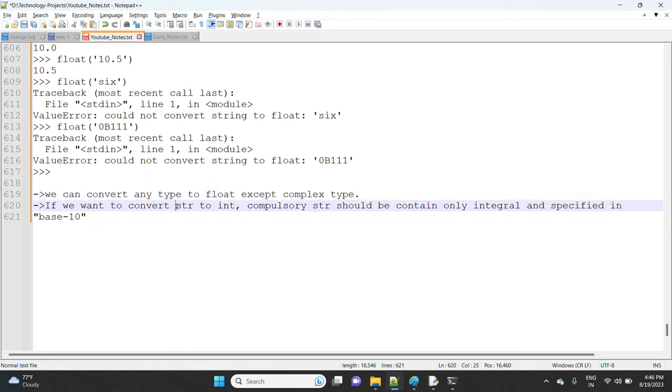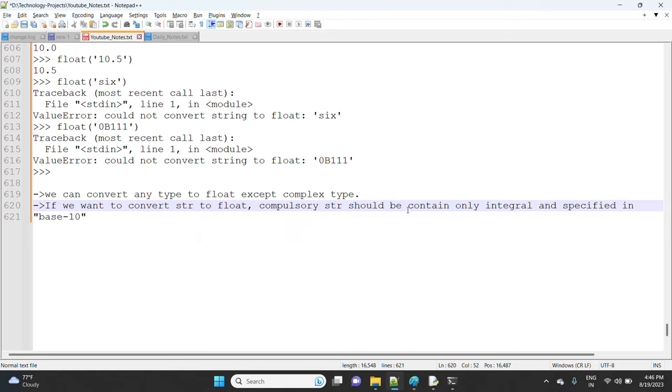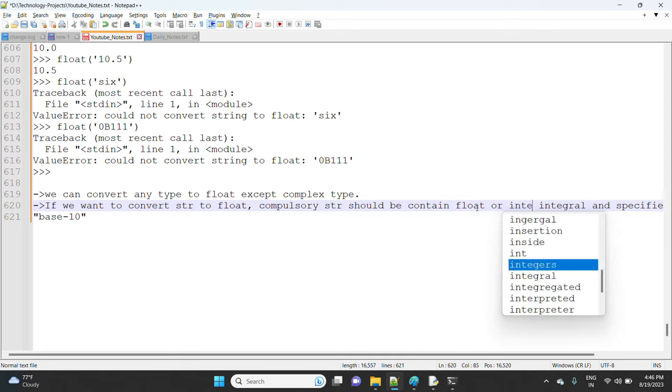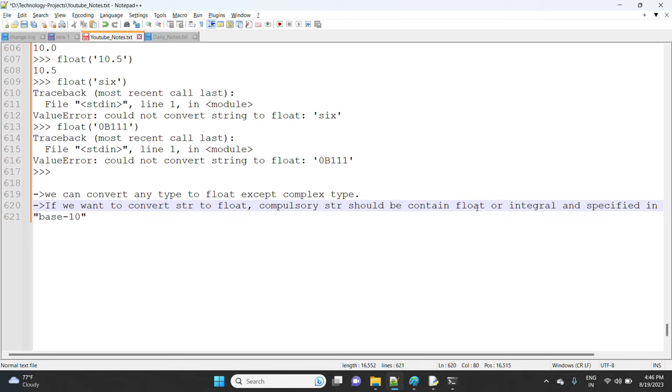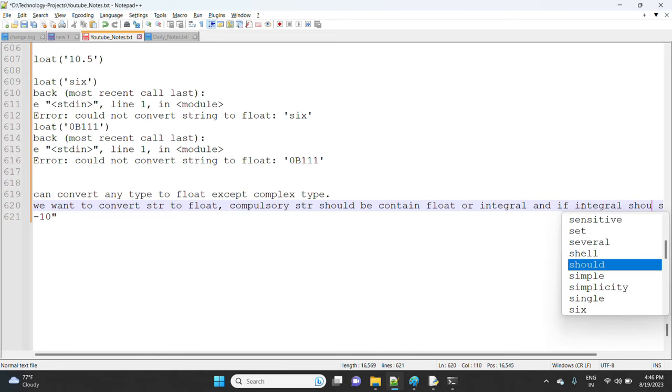If you want to convert a string to float, compulsorily the string should contain a float or integral value, and if integral, it should be